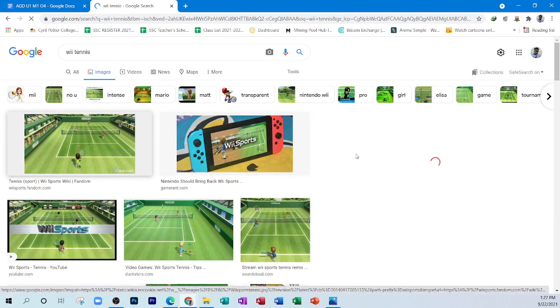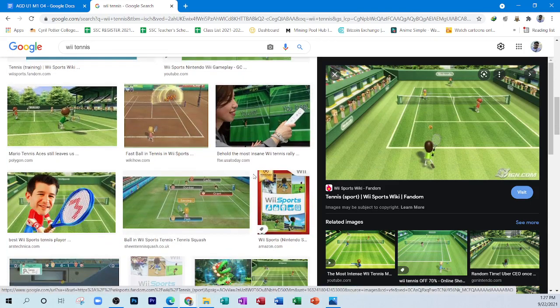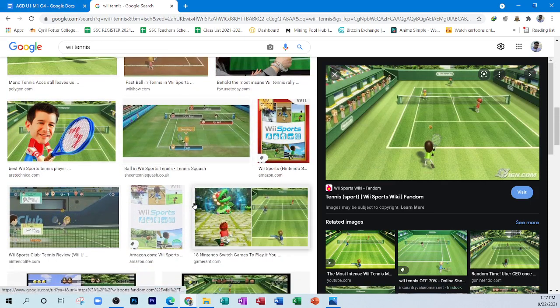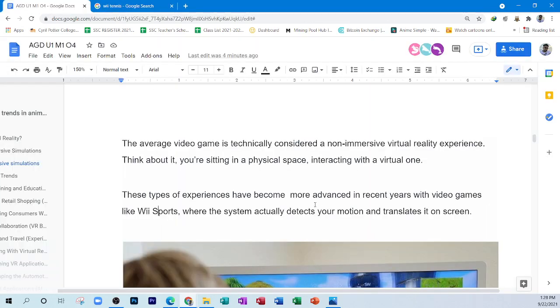So in this game here, you are playing as this character here, and as you move the remote in your hand, you're moving the racket in the game. So exactly how you move the remote in the real world, that is how it was moved in the game. If you swing from right to left, that is how the racket would move. If you swing from left to right, that is exactly how the racket would have moved. And there were other games that implemented it, and that was a form of virtual reality,